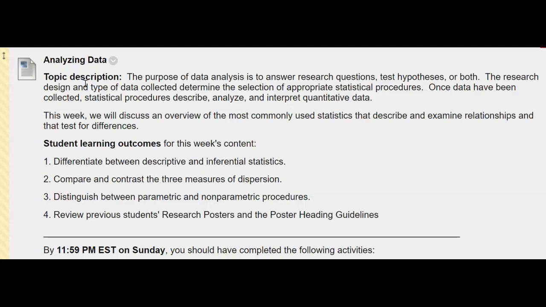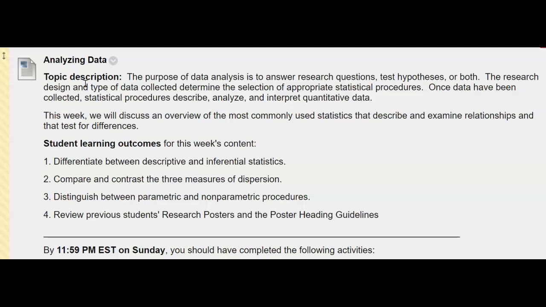So it's going to be a little bit more difficult, perhaps, to do that on your own, but you're not alone. So I'm here for you if you have questions. And you're going to be also provided with some videos to help you understand some of the more difficult tests. So let's get on. The purpose of data analysis is to answer our research questions and to